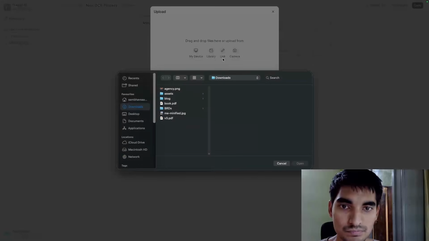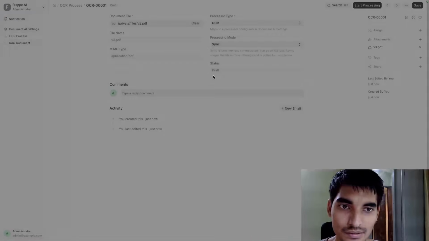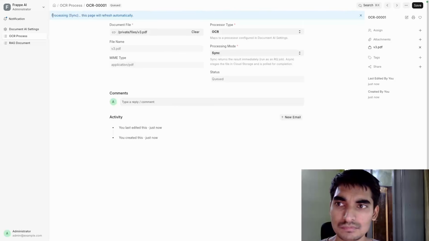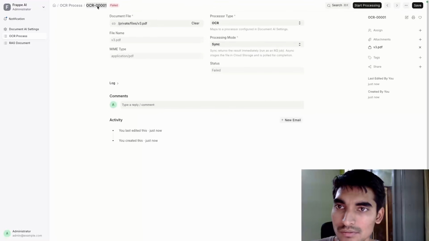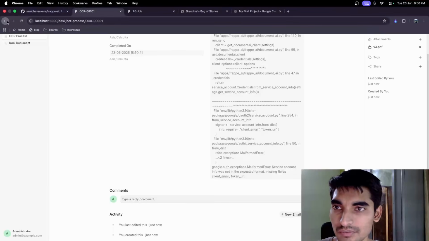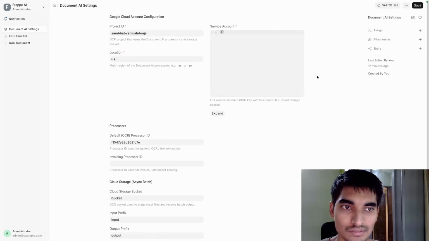I'd like to just update my resume there and see what happens. Start processing. It'll probably throw an error, because obviously it would require your billing to be enabled, right? So you can see that this has failed. You get a log here that says malformed service account, obviously because this service account is not valid. It's a blank service account.